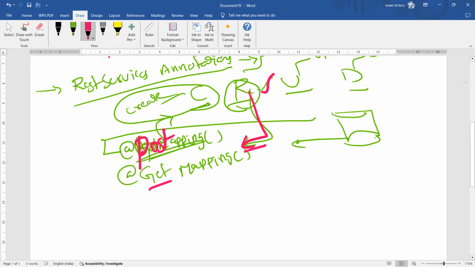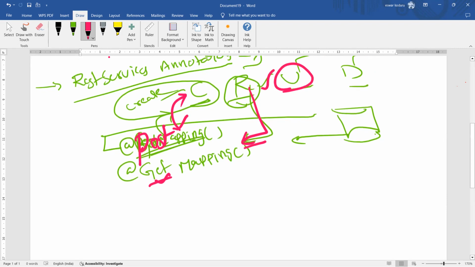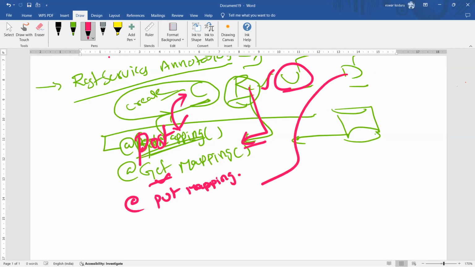You can use GetMapping for retrieval, PostMapping for create, and for update they are using PutMapping. For delete or removal, they're using DeleteMapping. Then, for partial update,